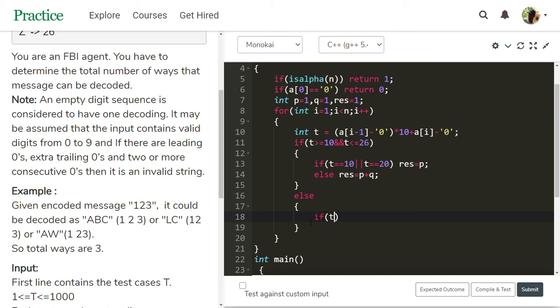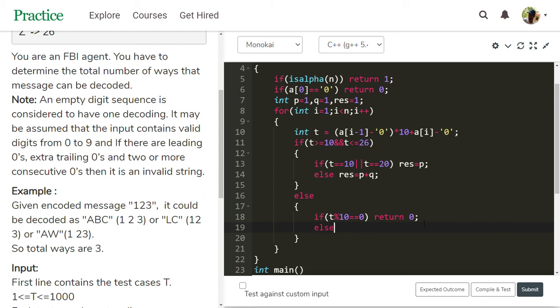If t percent 10 equal to 0, nothing but if it is other than 10 or 20, that may be 30, 40 like that, then that case just return 0, nothing but that is an invalid string. So extra trailing zeros, 2 or more consecutive zeros come under this case.